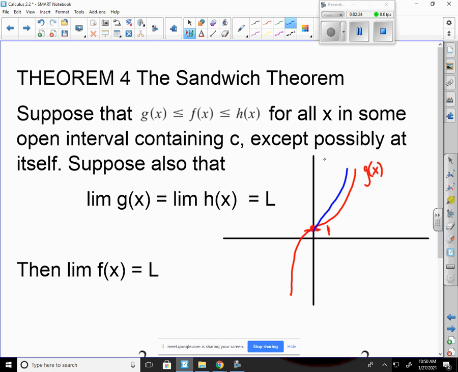I messed up when I drew f of x. So now we're going to draw it again. I need my f of x to be above